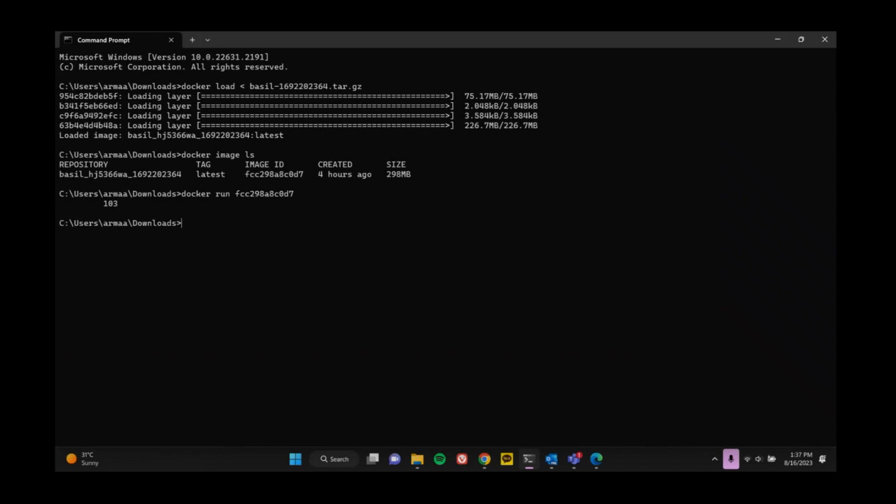Once I run the image, I should be getting the output that is specified in my software. In this test case, I'm using Fortran code to do a simple calculation and output the result. Seeing 103 here confirms that my software is working as intended and that the image was